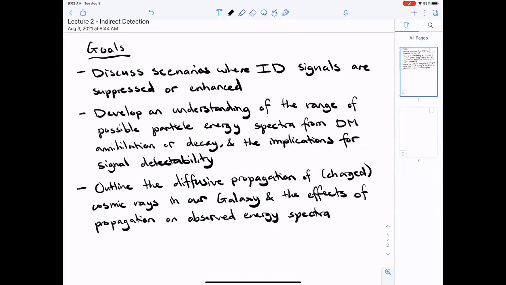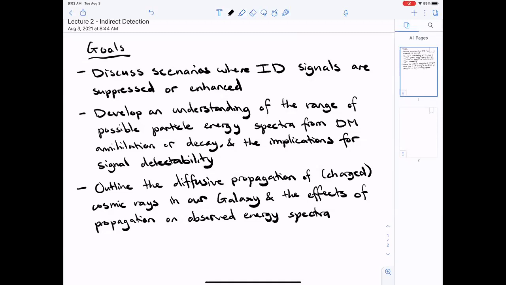So I want to continue today our discussion of indirect detection from yesterday. Yesterday, we talked about various parametric estimates for how much energy transfer, annihilation, or decay could induce from the dark matter to the visible matter. And we talked about the possible detectability of those signals through cosmic time. But we haven't yet talked about the main way that indirect detection is actually done, which is that rather than looking at changes to the history of the universe, we just look for the particles from indirect detection directly.